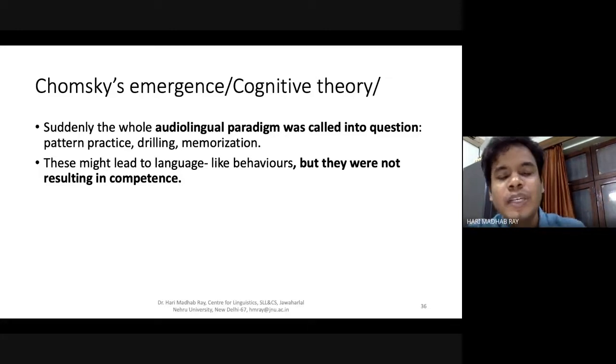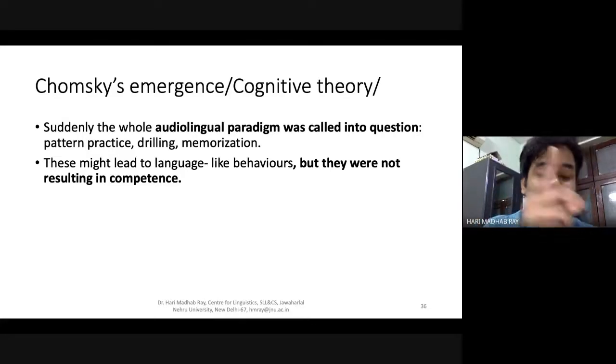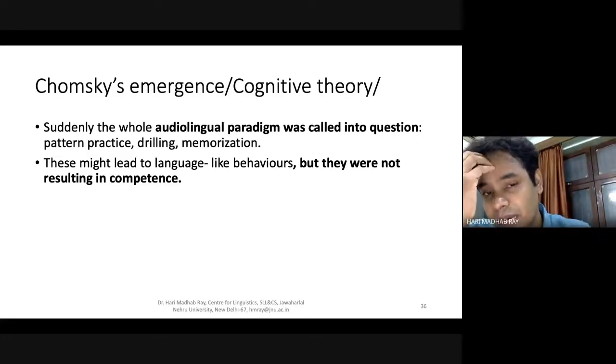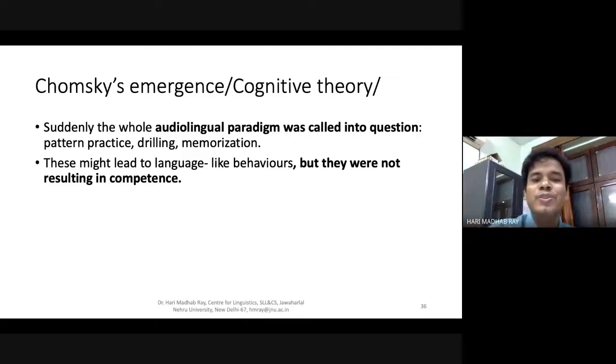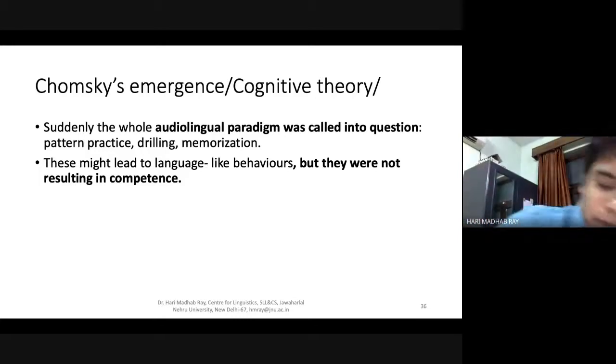But when they encounter a new stimuli, they cannot do it. And in that movie also, you'll see that, that's what I tell you, My Fair Lady. So the character Eliza Doolittle, when she is introduced in the society, whatever English she learned after those pattern practice, drilling and memorization, she uses a different kind of English, her own type of English, and then later on she challenged herself, forget about this, let me be myself, let me be Eliza Doolittle. It's a really interesting movie, and please, if you are interested, you will see and you